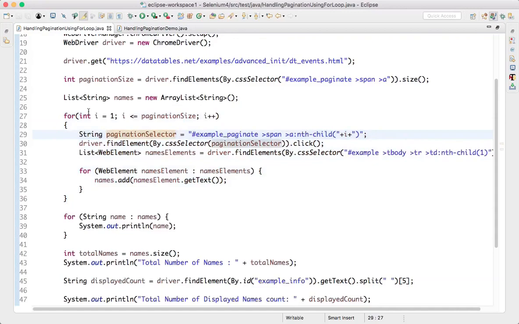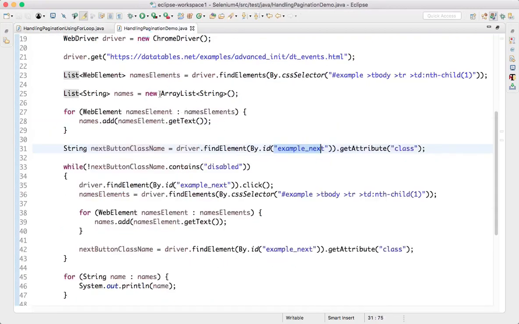That is Selenium WebDriver real-time example 3. This is real-time example 4. I'll provide the link to this video in the description. If you watch that video also, you will learn how many ways you can handle the pagination and what is the advantage when you go with that logic, and when you go with this logic, with the for loop and with the while loop.